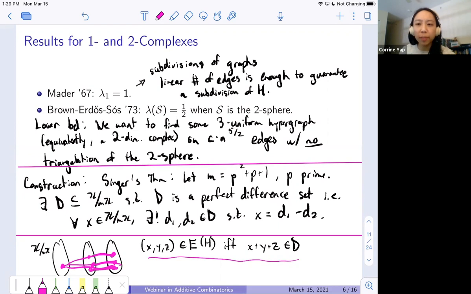Yeah, but I'll say a little bit about it now, and maybe I'll address it more later, when we talk about generalizing results. The results that I'm going to talk about are mainly combinatorial in nature, because when we go to higher dimensions, there is a barrier between what you can say about two-dimensional objects and 3-uniform hypergraphs versus higher dimensional complexes and higher uniformities. There's just much less that we understand.